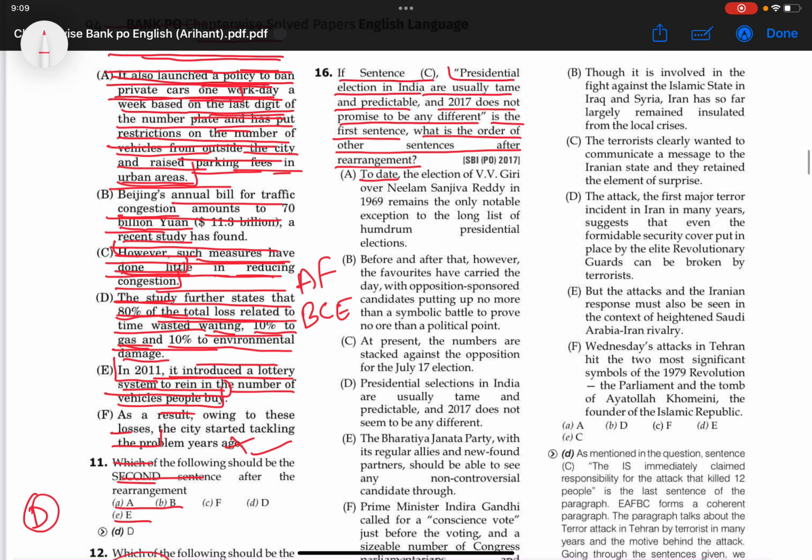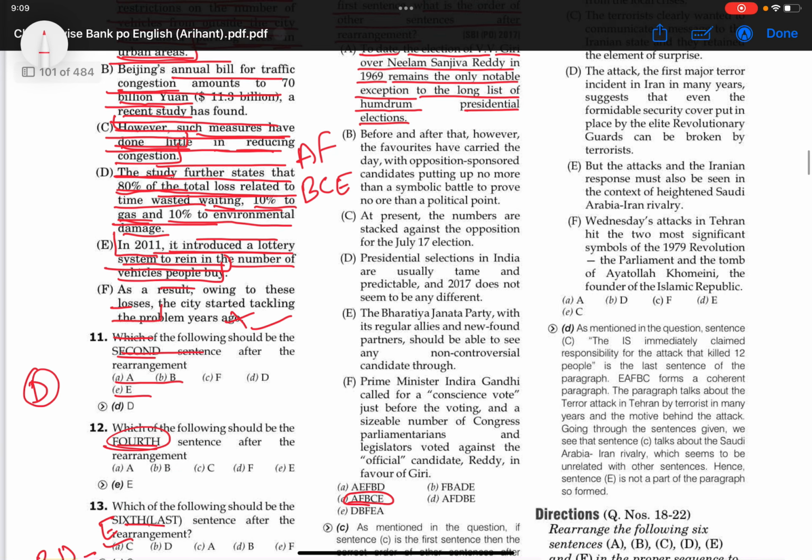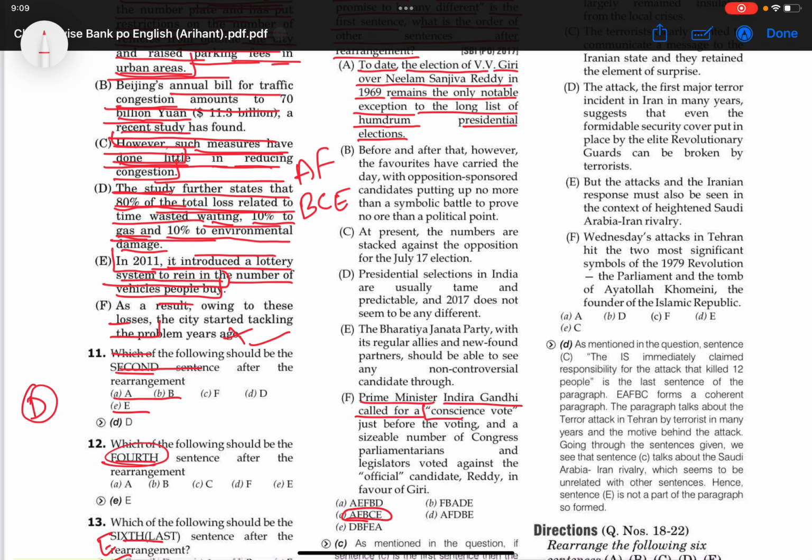To date, the election of V.V. Giri over Neelam Sanjeeva Reddy in 1969 remains the only notable exception to the long list of humdrum presidential elections। इसके बाद आ जाते हैं एफ, प्राइम मिनिस्टर की बात हुई थी उसमें। Prime Minister Indira Gandhi called for a conscience vote just before the voting, and a sizable number of Congress parliamentarians and legislators voted against the official candidate Reddy in favor of Giri।